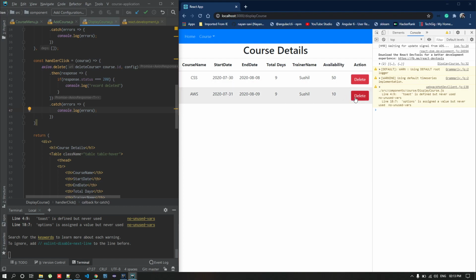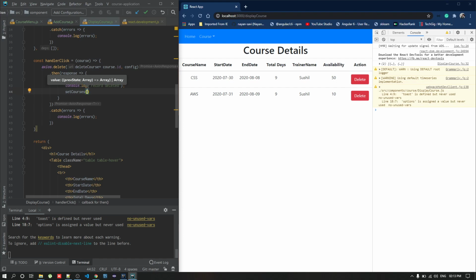So we have one more thing. Once we delete the record, we have to refresh this table. How can we do that? Better, before reloading the page, we'll delete the record from the list. So then only we will be able to see only the available records. In order to do that, I want to set my courses and filter them out.